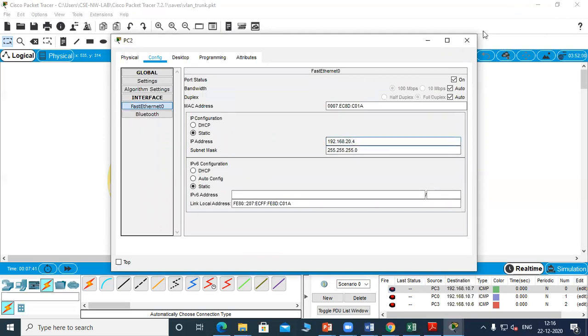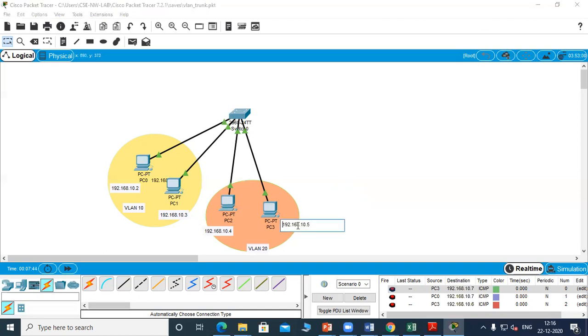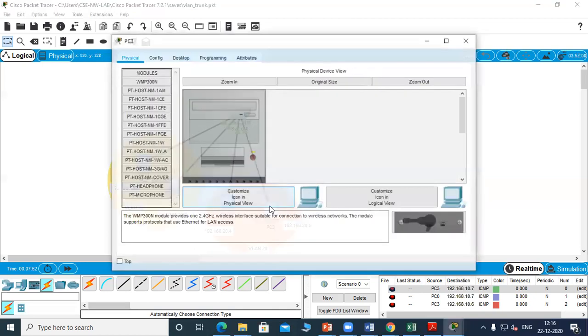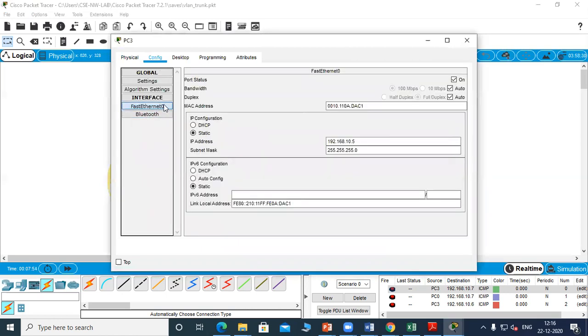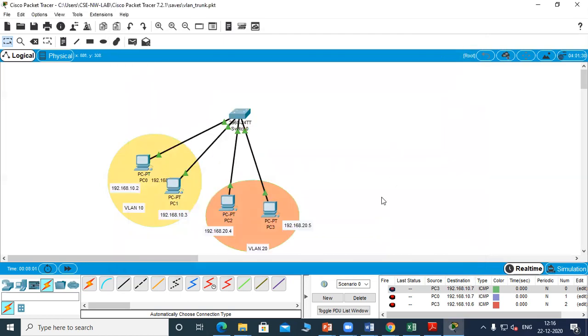So I'm changing this second VLAN to the 20 network. So now you can see VLAN 10 is the 10 network and VLAN 20 is the 20 network. Now in order to communicate between two subnets, we need a router.